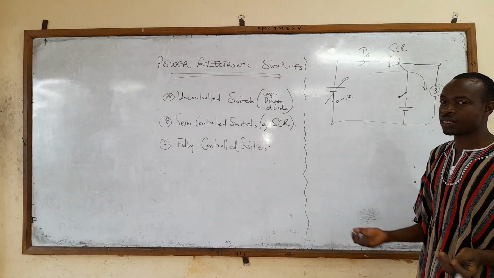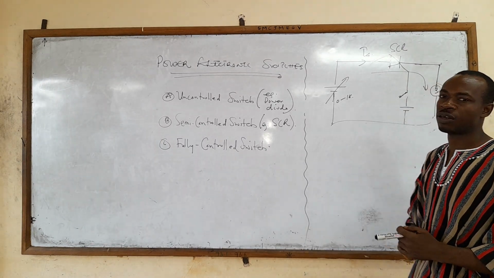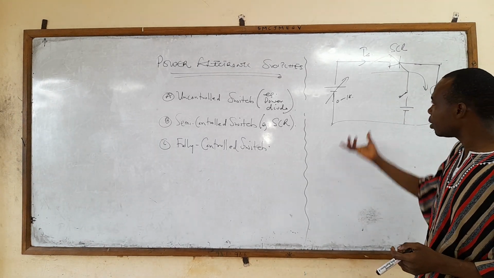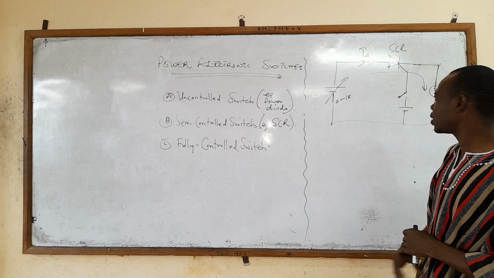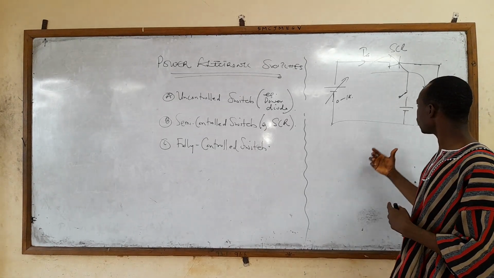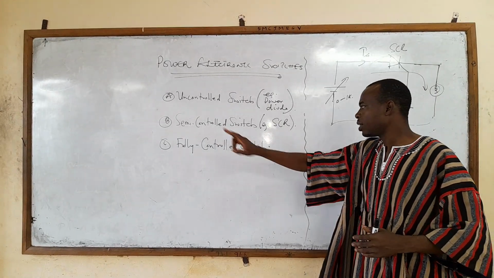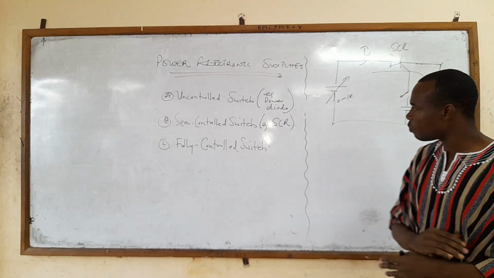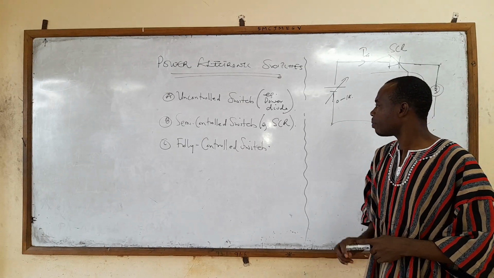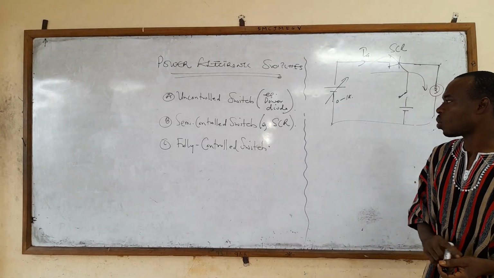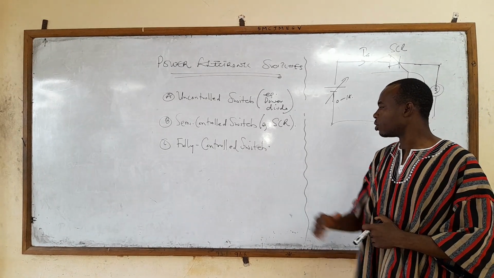But there are other external means. If you reduce the anode current below a particular value, which is called the holding current, then this thyristor will turn off. But since we are looking at how we can control it without using the circuit architecture, the name given is semi-control switch, meaning we have control over the turn on, but no control over the turn off. So that is it about the semi-control switch, or an SCR or thyristor. All right. So we talk about the fully control switch in the